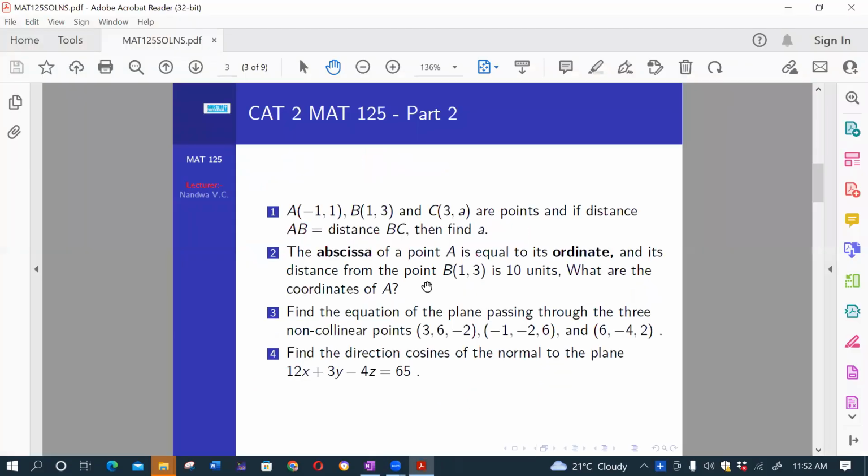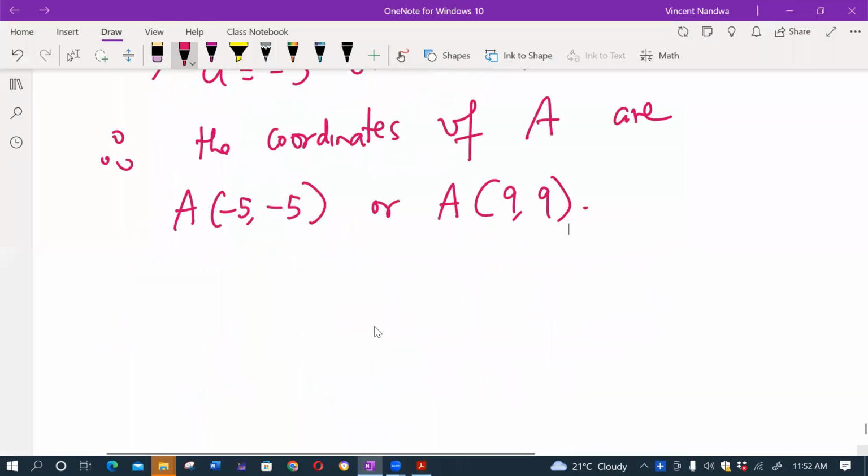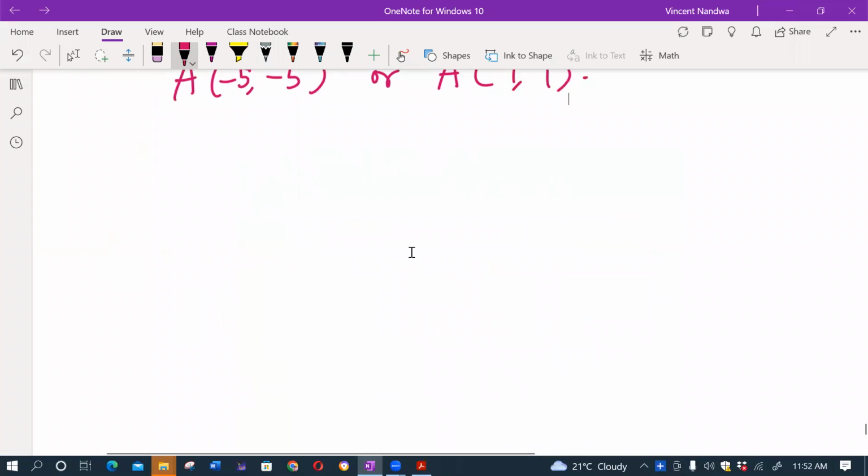So find the equation of the plane passing through 3 points, (3, 6, -2), (-1, -2, 6), and (6, -4, 2), that are non-collinear. Non-collinear means they are not on a straight line. So given